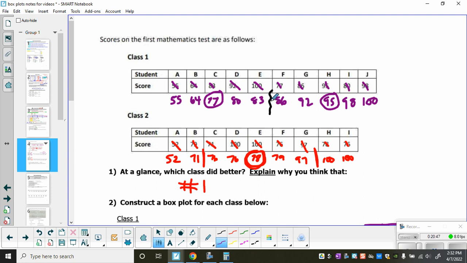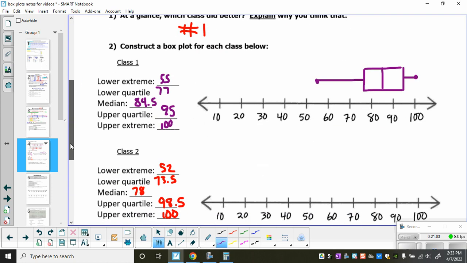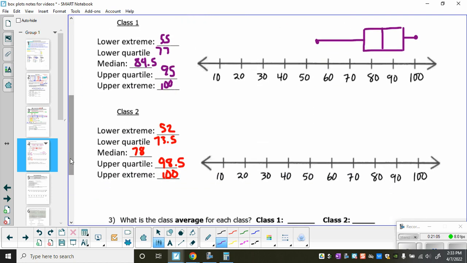When it was like this, we included the 83 with this half and we included the 86 with that half. When you have a true median, it doesn't go with both sides. You actually ignore it and then you just find the new middle of these 4 numbers and the new middle of these 4 numbers. All right, now we're ready, I think, down here in red to make the box plot